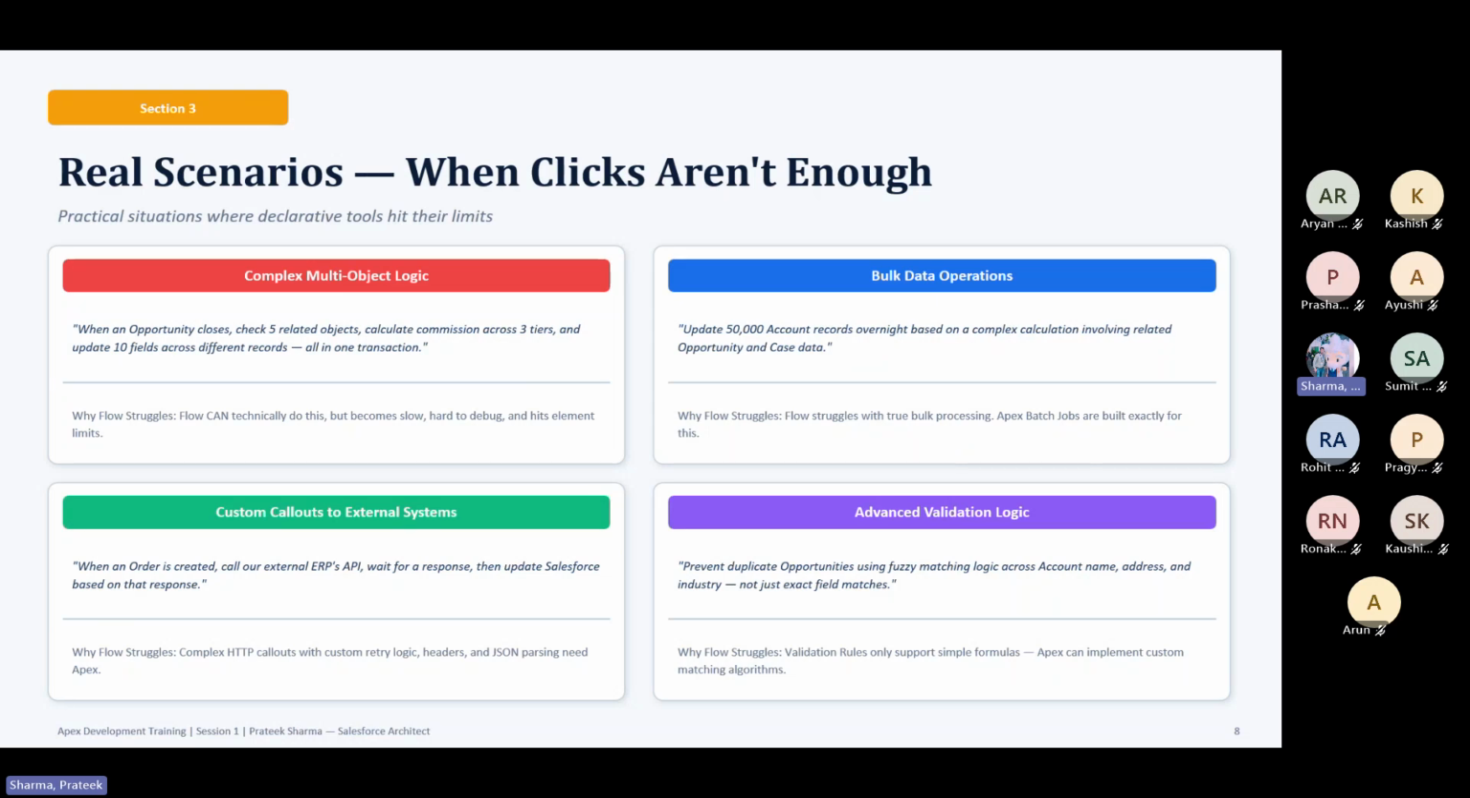For complex business logic, so it is for multi-step business logic, right? When an opportunity closes, check 5 related objects. Opportunity is a master of different objects. So you can check 5 related objects, calculate commission across 3 tiers, and update 10 fields across different records, all in one transaction. So flow will struggle, and if you actually build a flow for this requirement,